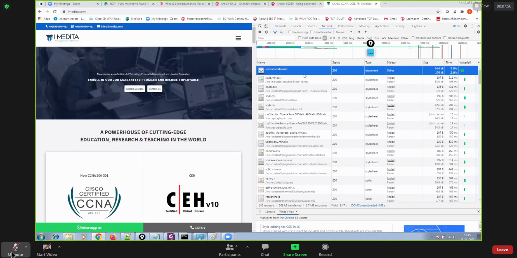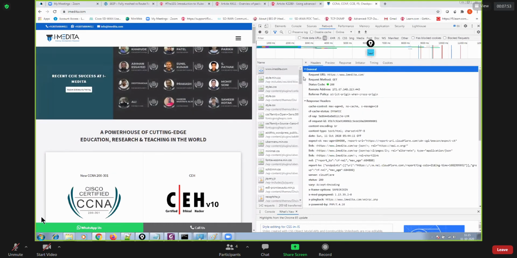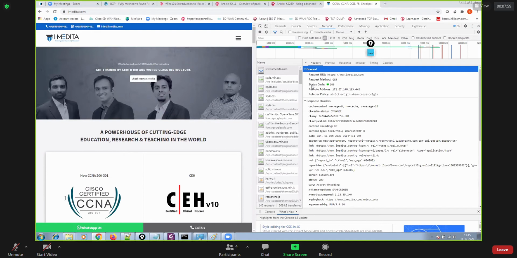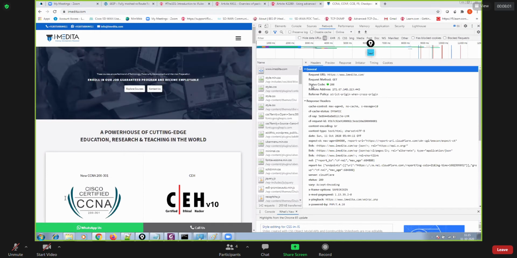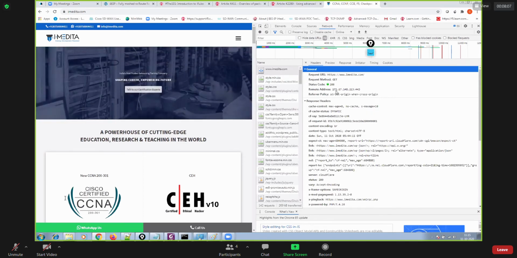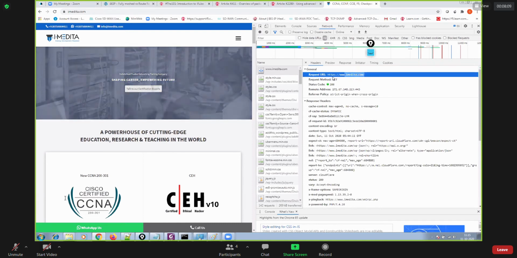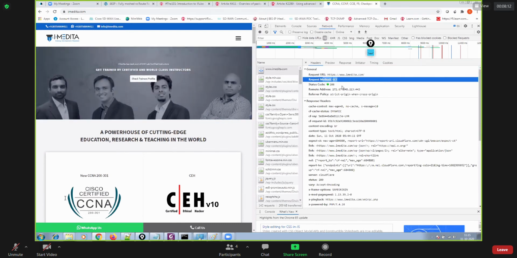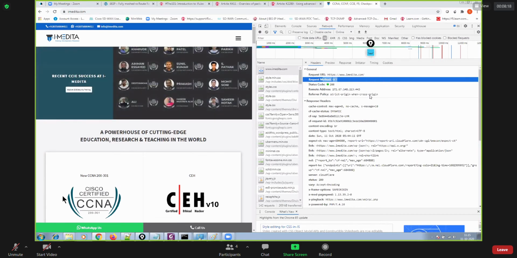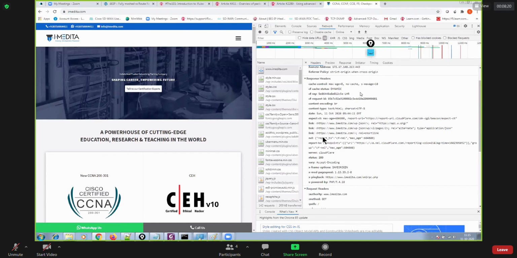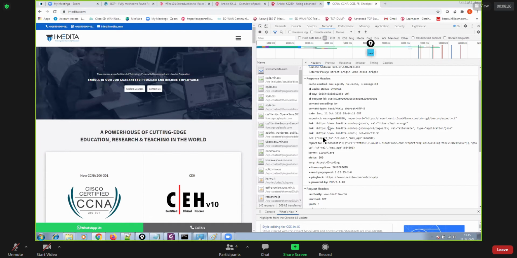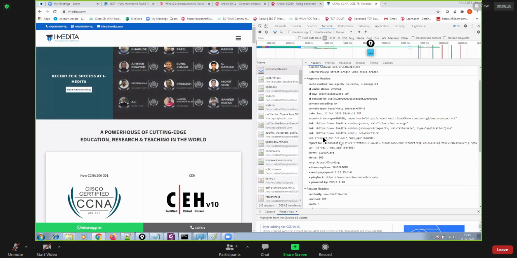Yeah. So if you open up the first request, like www.imedita.com, first I hit this domain, right? So now you can look at the headers. Also, you can look at the responses. So you can see the response header, the request. You made this request. It was a GET request. The status code that you got was 200. The remote address, the IP address of my server, was this. The response header was like this, right? Content type, data, a link, and so forth.